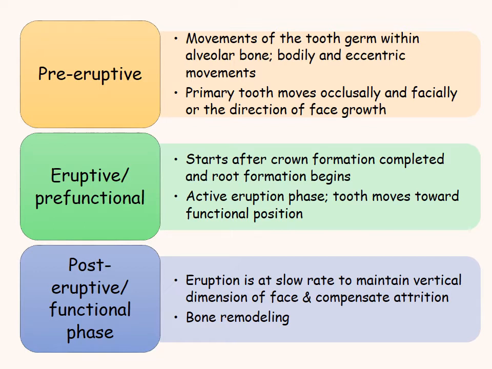And also in this phase, what happens? As the jaw continues to grow, the teeth accommodate in the jaws with some amount of remodeling, which increases the height of the alveolar bone and also the thickness of the bone around the socket. These movements not only occur in the mesial direction, but also compensate for the interproximal wear that occurs. You will learn this in detail in the textbook.